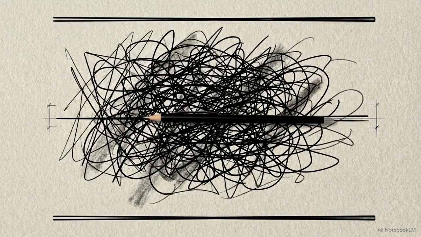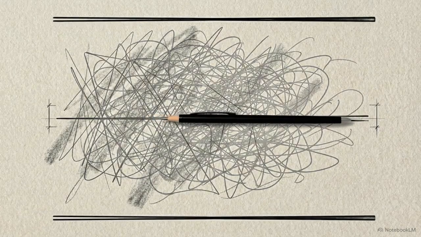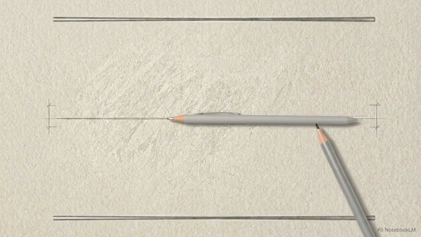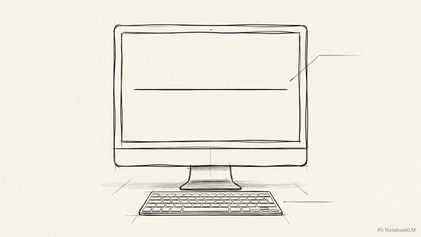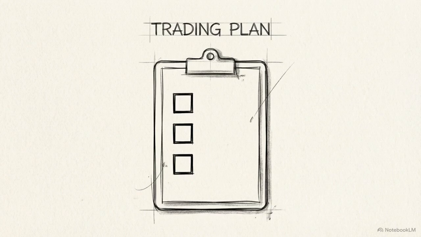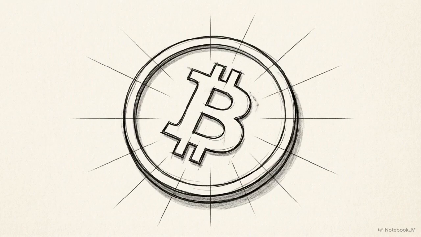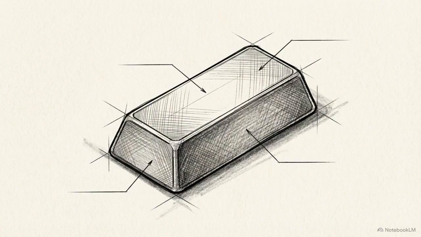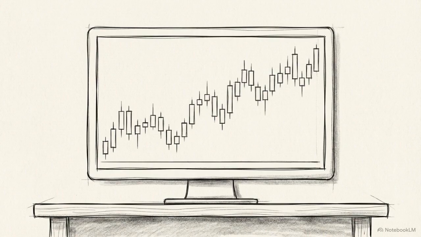Many traders drown their charts in dozens of indicators, spending hours trying to predict market movements. But if you strip all of that away, you will find a much simpler approach. You can build a highly profitable, purely mechanical trading system by analyzing the price action of just one specific daily candle. By the end of this breakdown, you will have a strict 3-step checklist to execute this strategy across crypto,